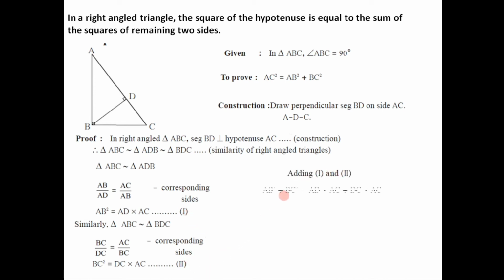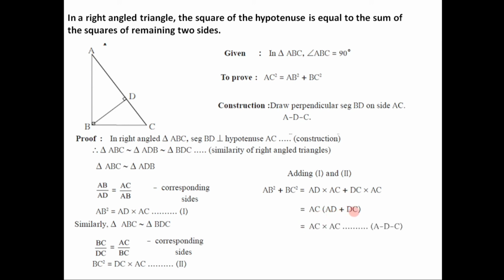Adding equations 1 and 2, we add left hand side to left hand side, that is AB square plus BC square. So we have AB square plus BC square is equal to, now we add the right hand side of equation 1 and 2. The right hand side of equation 1 is AD into AC plus the right hand side of equation 2 is DC into AC. From these two terms we have AC as common. So we take AC as common. In the bracket we have AD plus DC remaining, that is equal to AC into